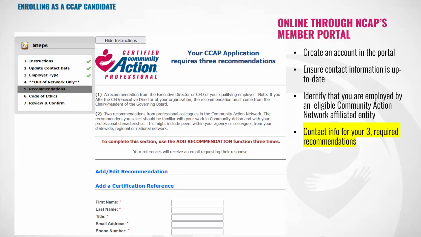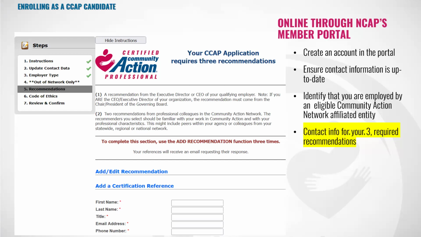If by chance you don't happen to work for an employer that is on the eligibility list, you may notice that we skipped a step over in our gray box. If you are an out-of-network applicant, the system will take you to the out-of-network explanation. And basically it's going to say, we love the fact that you're interested, but at this time you're not qualified. Have a nice day. But you don't need to see that. So it skips you past it and takes you to step 5, which is the recommendations.